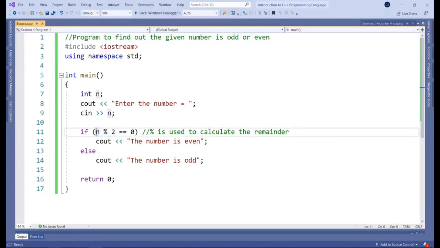So n modulus 2, just to see if when we divide n by 2, are we going to have a remainder? If the remainder is 0, meaning it divides evenly, at that point, that means that the number is even. So we go into that first scenario. But if the remainder is anything but 0, then we know that that number is actually odd. So we go into the second scenario.